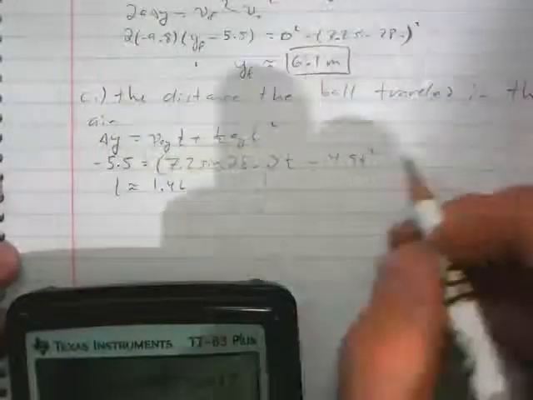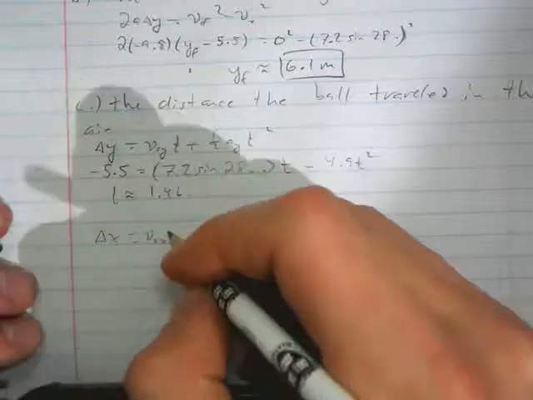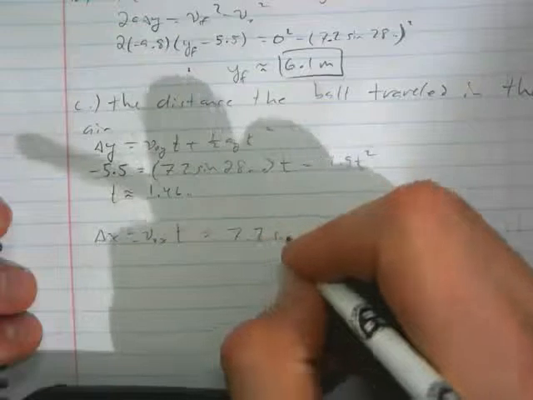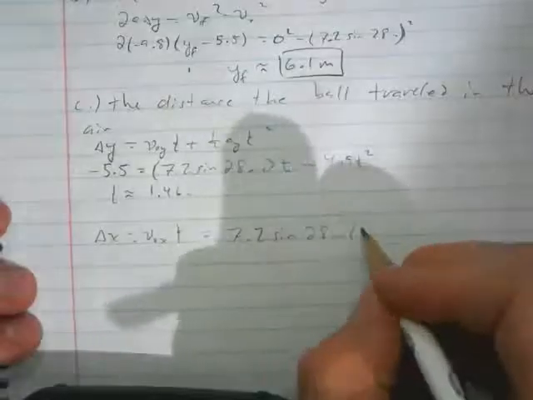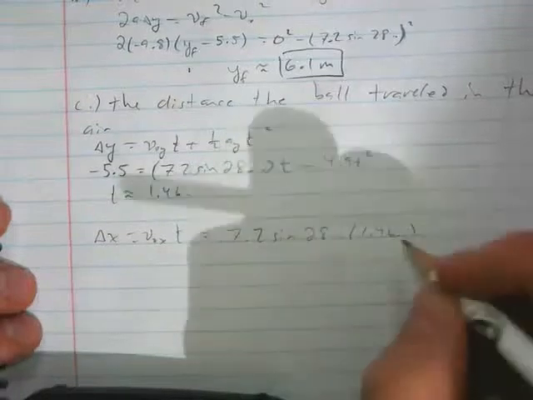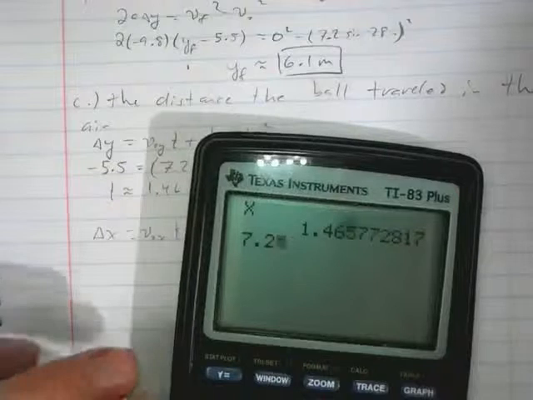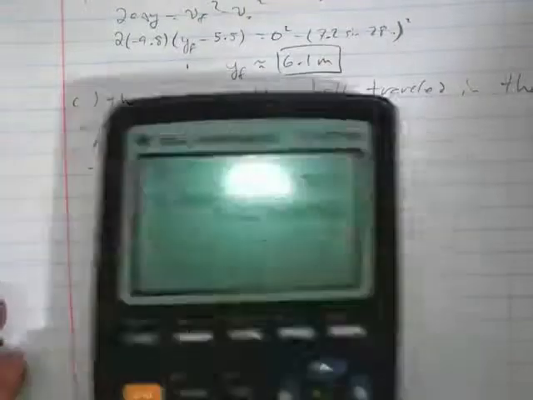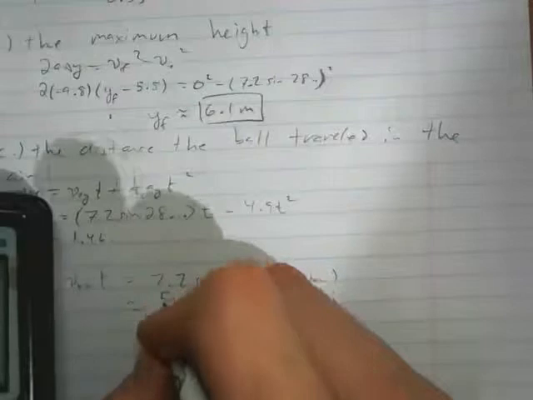So then we can use that. Delta x equals v naught x times time, which is 7.2 sine of, again, that stored value of 28 times that time that we just found, 1.46, whatever. All right, on my calculator, I've stored the angle as a, and the time is stored as x now, and so we punch that in and find that it goes 5.027, whatever. With sig figs, that would round to about 5.0